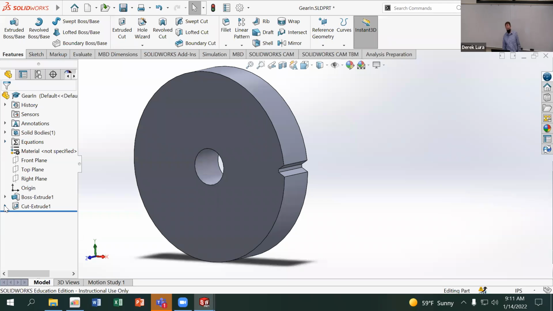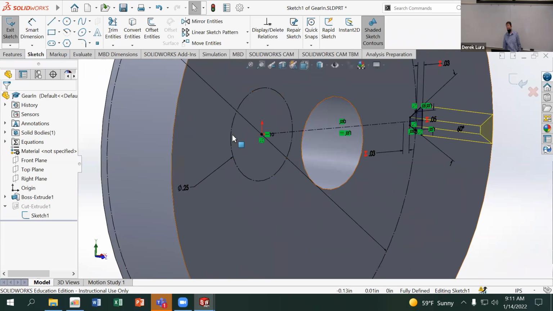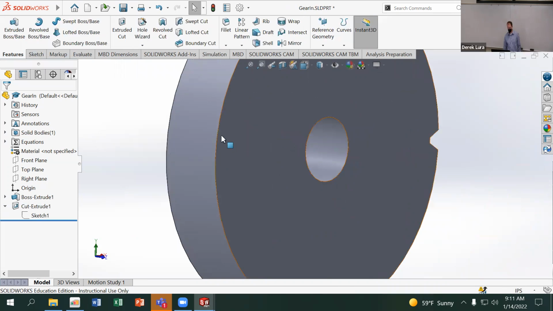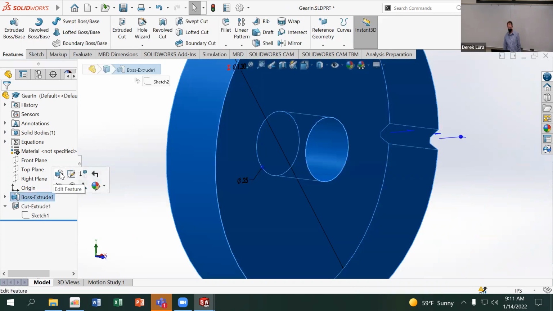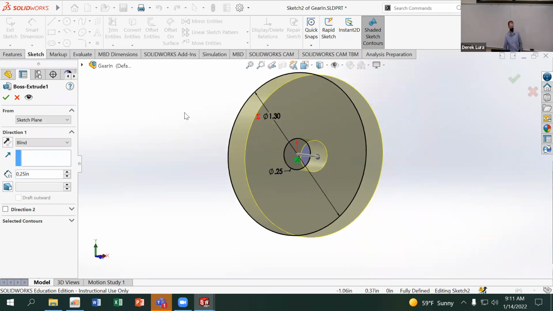So on my sketch, this one was a solid geometry. I changed that to construction because I didn't need to cut the circle again. Is that what you're asking? No, so the boss extruded the rollback you just did. Yeah. What did you extrude that out? Oh, 0.25 inches. I'm just using 0.25 for basically all of my dimensions that aren't part of my global